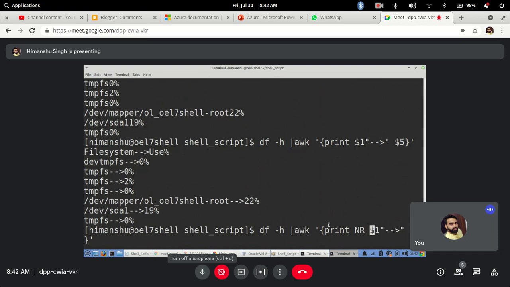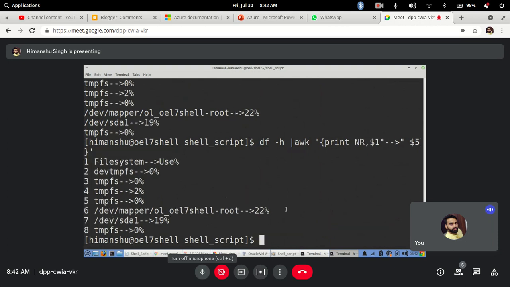So if I do it like this, see what it will display. It will display line by line, 1 2 3 4 5 6 7 8. So automatically it will number the lines.